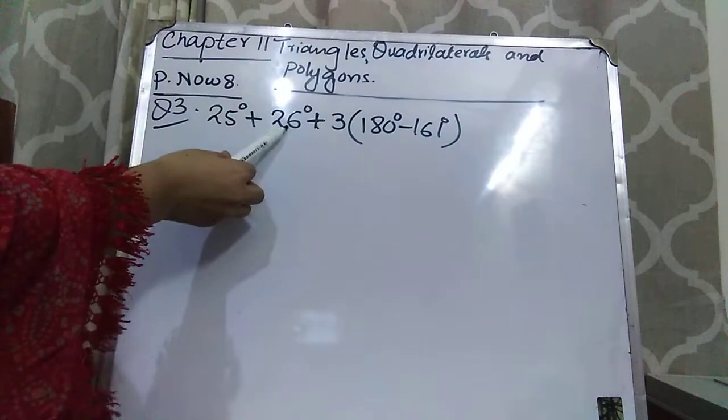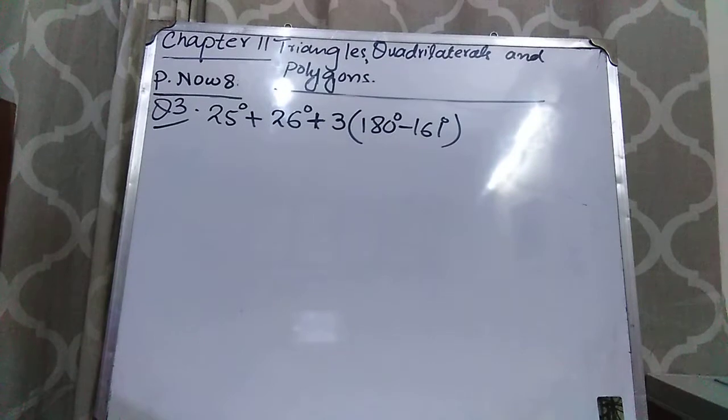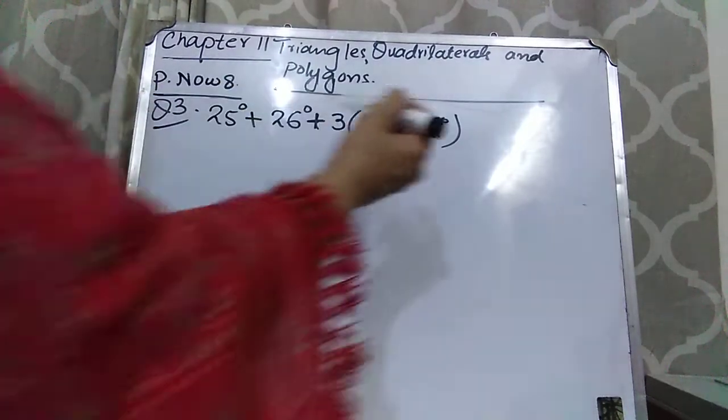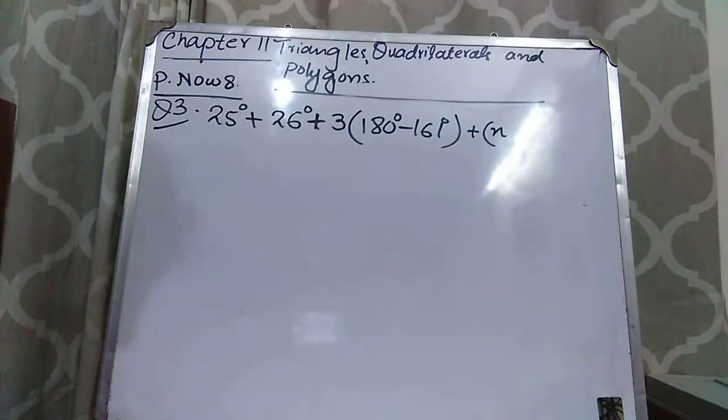Okay, first two exterior angles are given. Now you have found the exterior angles and they are 3. And the remaining interior angles. Now remaining means that, suppose it's written that it is an n-sided polygon. The shape is an n-sided polygon. It means that the total sides are n.